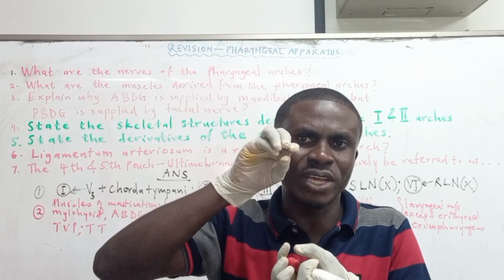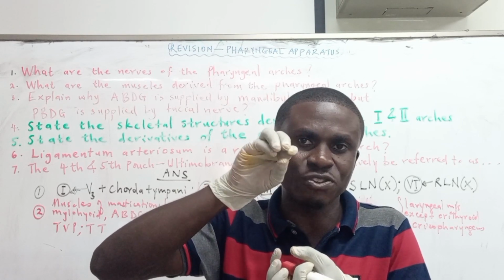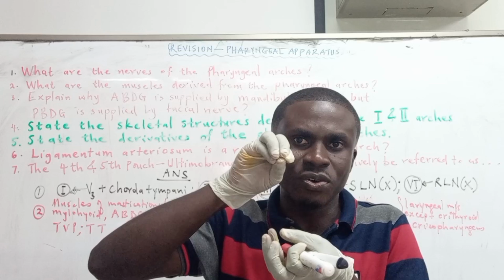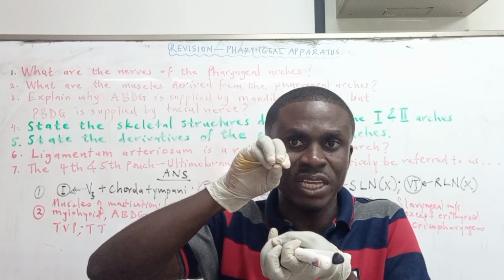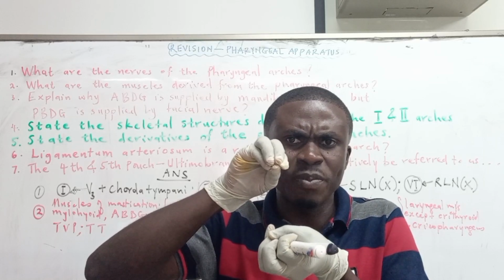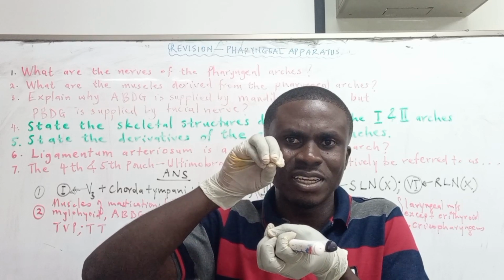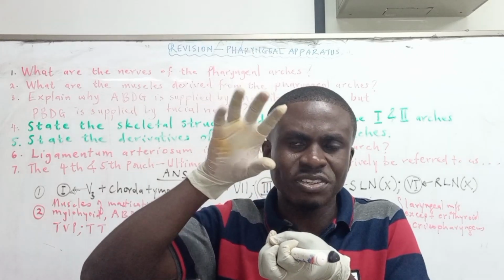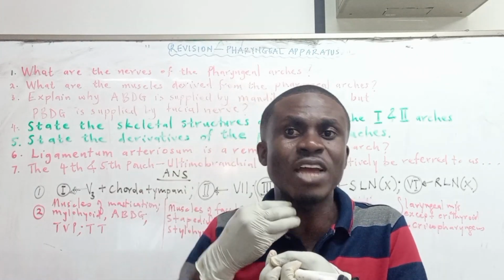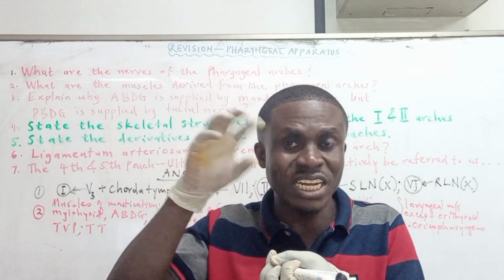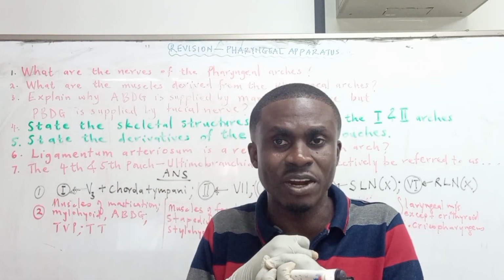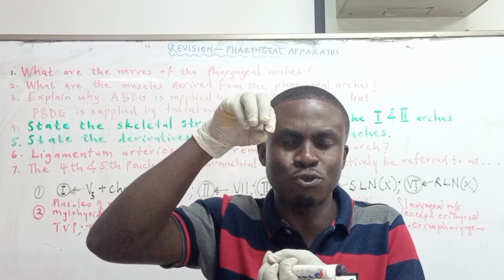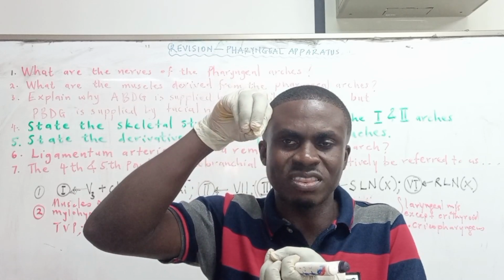So the inferior is rather from the third pouch, while the superior is rather from the fourth pouch. So why? The point is that because the ventral aspect is giving rise to, of course, the thymus, and the dorsal aspect giving rise to these parathyroid glands, then what will happen is through migration of the thymus, because